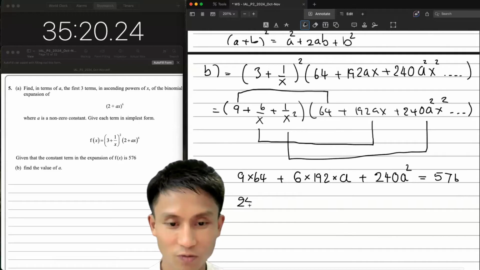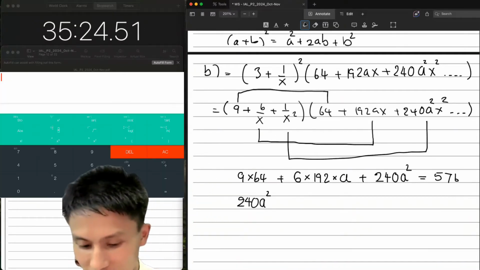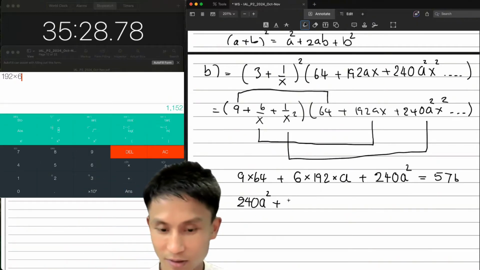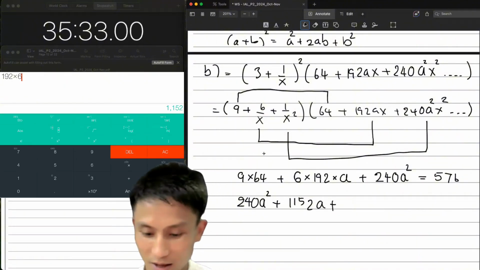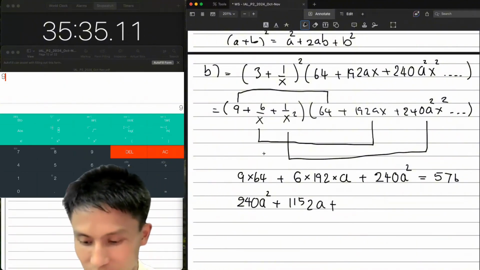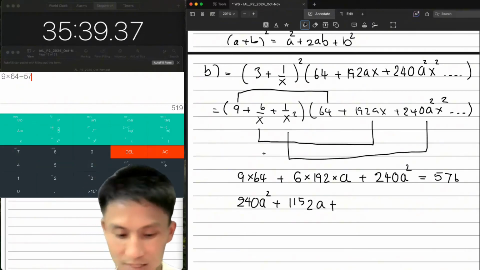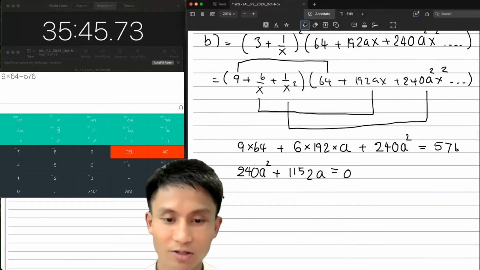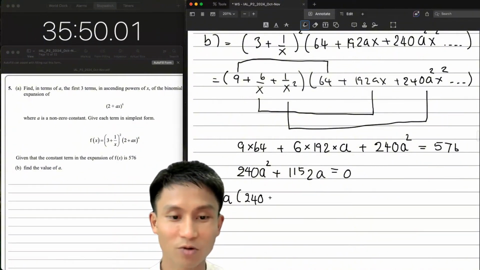So I have 240 a squared, and the a term is 192 times 6. I get quite a large number there, 1152a. And then here I have 9 times 64, and then have to minus 576. Ooh, lucky me, I get 0. So that's just equals 0. Okay, so lucky because now I don't have to do the quadratic formula anymore